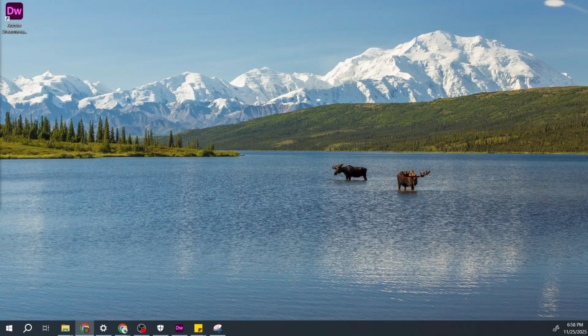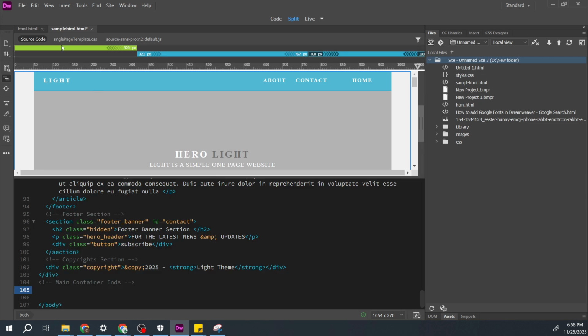In today's video, I'm going to teach you how to use library items in Dreamweaver. Let's get started by opening Dreamweaver on your device. Once it launches, open the HTML file you want to work with. You can use Code View, Design View, or Split View, but Code or Split View gives you the most control